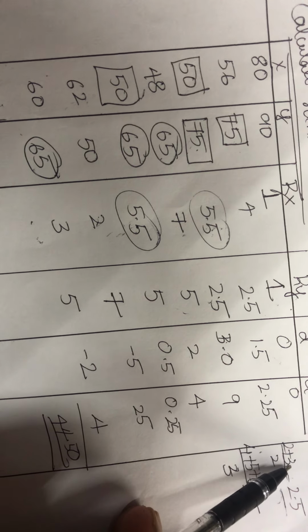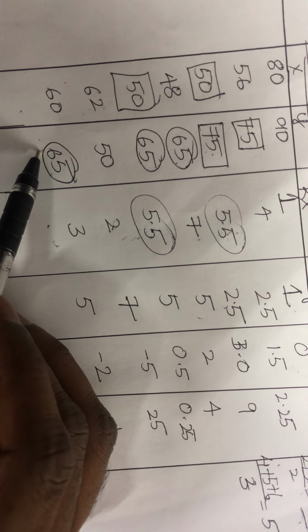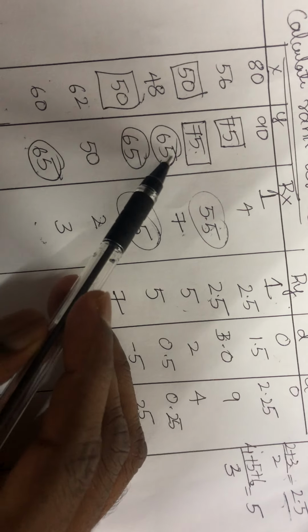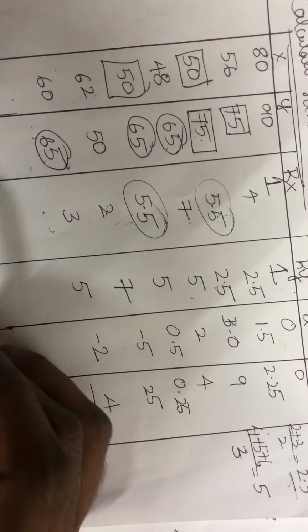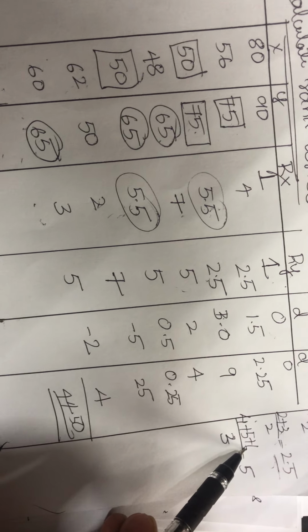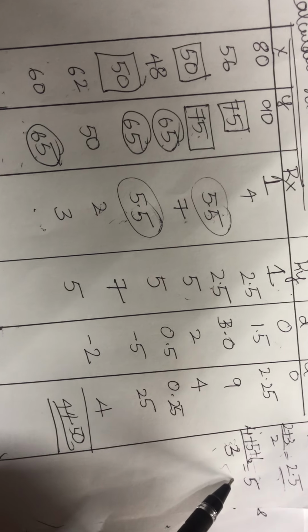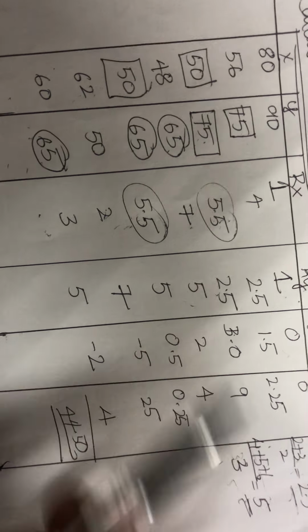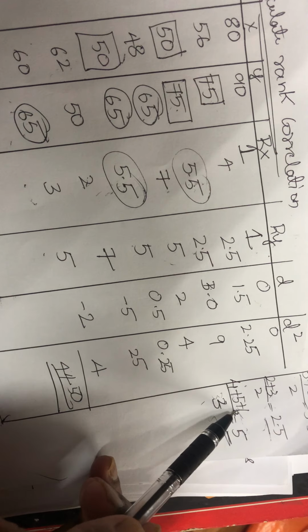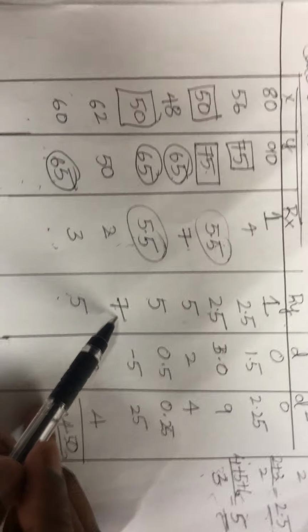Now the next is fourth rank, but 65 is repeated 3 times. Therefore fourth rank, fifth rank, sixth rank, 3 ranks are allotted. We should take the 3 ranks, therefore fourth, fifth, sixth, divided by 3. How many people are there? So many you have to divide by. When I divide, I get the average rank as 5. So that 5 will be given to all 3 persons, 5, 5, 5. After that, the sixth rank, the next remaining is seventh rank, that will be taken by the last person, that is the least marks, 50.